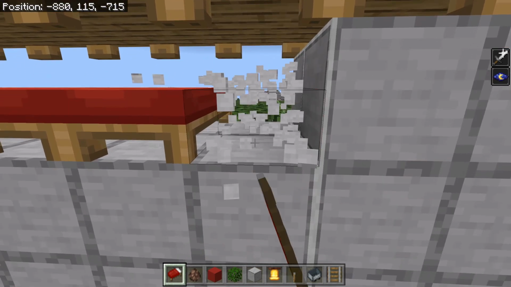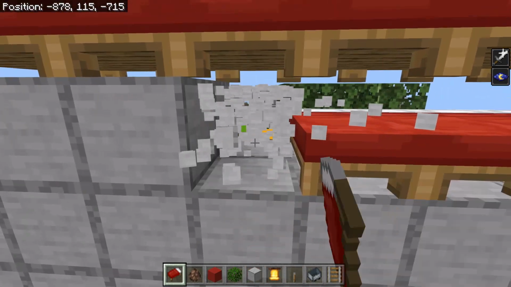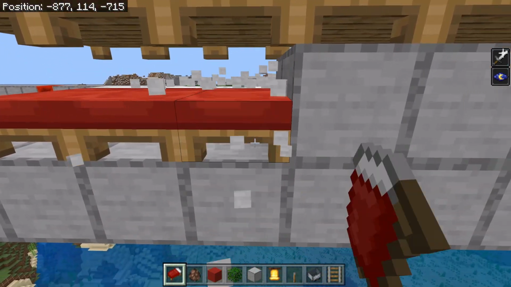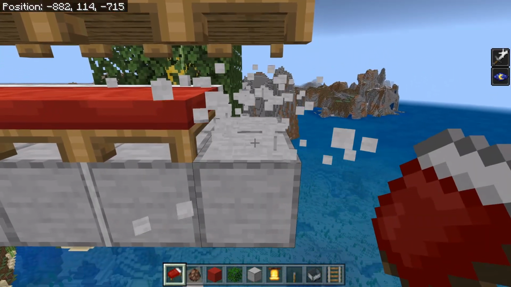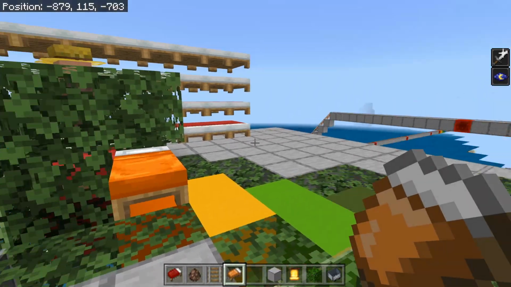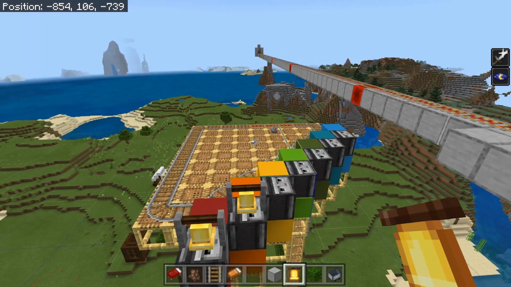And we are going to do that 4 times to get 32 beds, because you need 32 empty beds to create a new village. This will just saturate the raid village with empty beds so that the 33rd bed that we place creates a new village. So once you have placed your 32 beds, you are going to create a new village by just placing a new bed, then place the bell